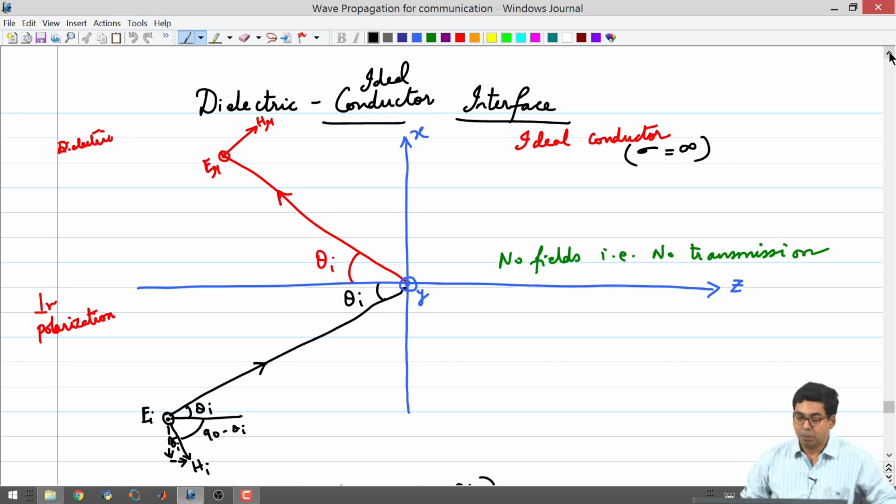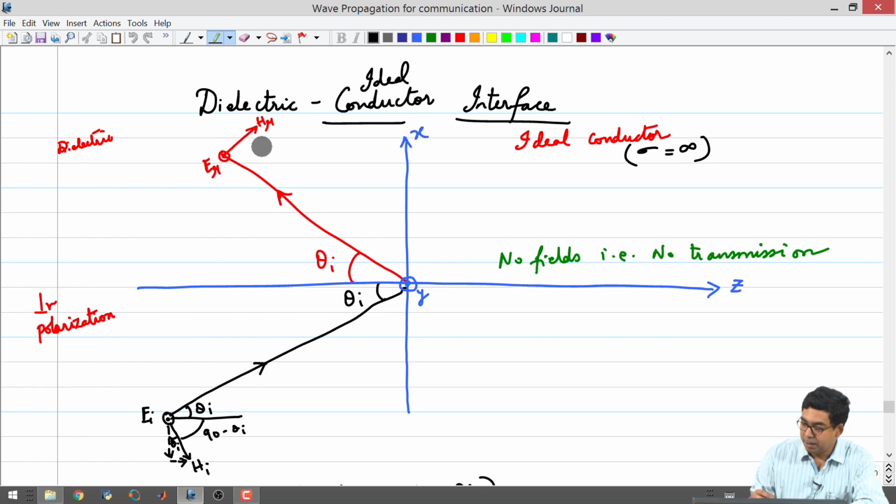Just to go over what we saw last class, there was an interface between a dielectric and an ideal conductor. We have used the same coordinate system as what we had used for dielectric interfaces. There is an electromagnetic wave, a plane wave, being launched to the interface. Since fields don't exist inside of an ideal conductor, you don't have any transmission coefficient to be calculated. So we attempted to calculate the reflection coefficient. We made an assumption that the electric field does not flip its sign and the magnetic field flips its sign in order to form the right-handed triad.